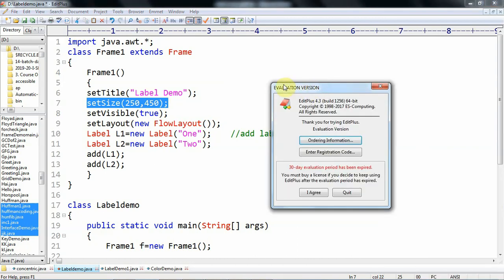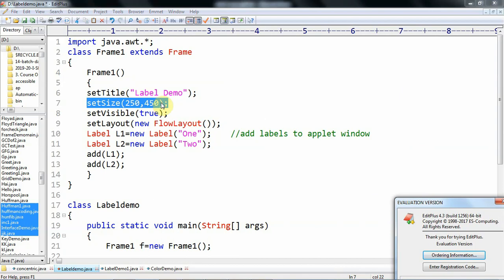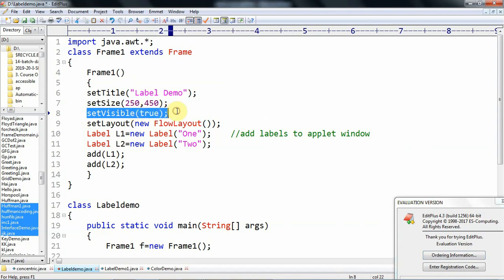Suppose this is the frame window, this is the width of this window and this is the height of this window. So for our frame window also we need to set the width and then the height. Then to make that frame window visible to the user, we need to execute the setVisible method by passing true as its parameter.